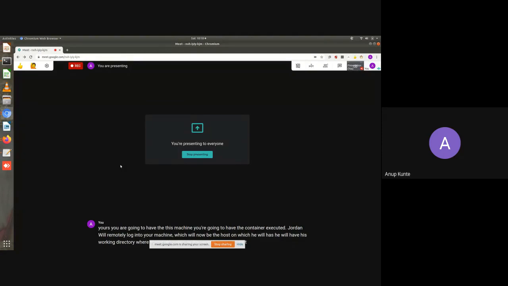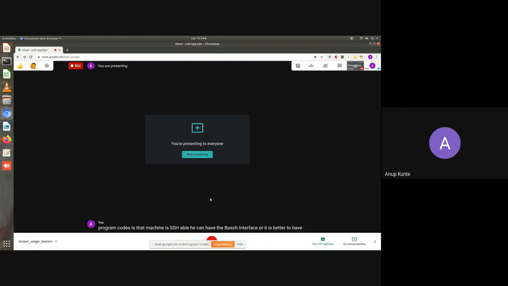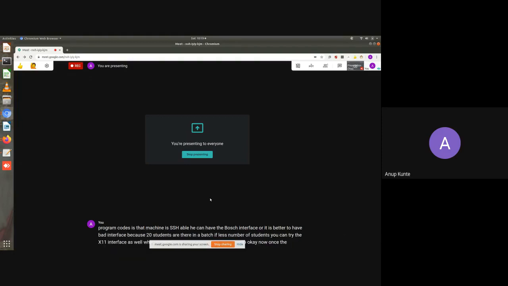Since that machine is SSHable, he can have the bash interface, and it is better to have the bash interface because 20 students are there in a batch. If there are fewer students, you can try the X11 interface as well, where they'll get an X11 kind of interface too. Now, once the student runs the container, he can work with the coding part, and he can understand the coding.